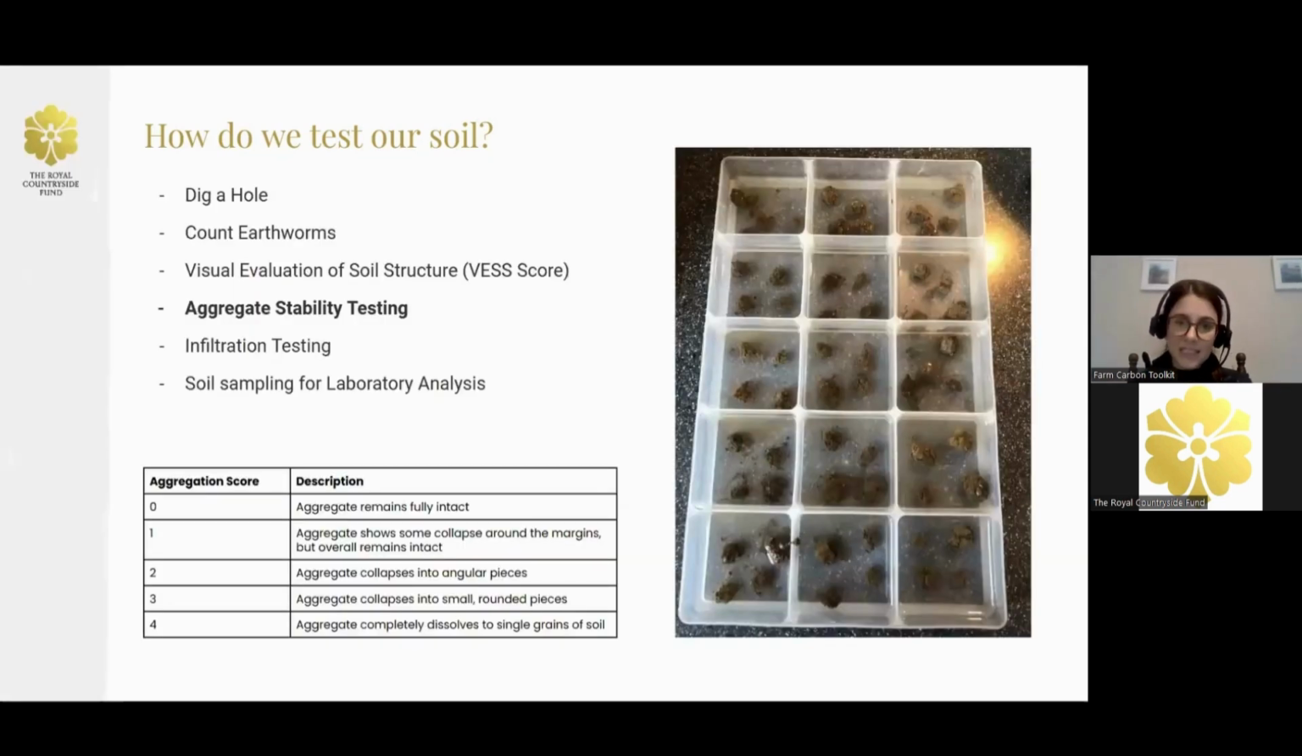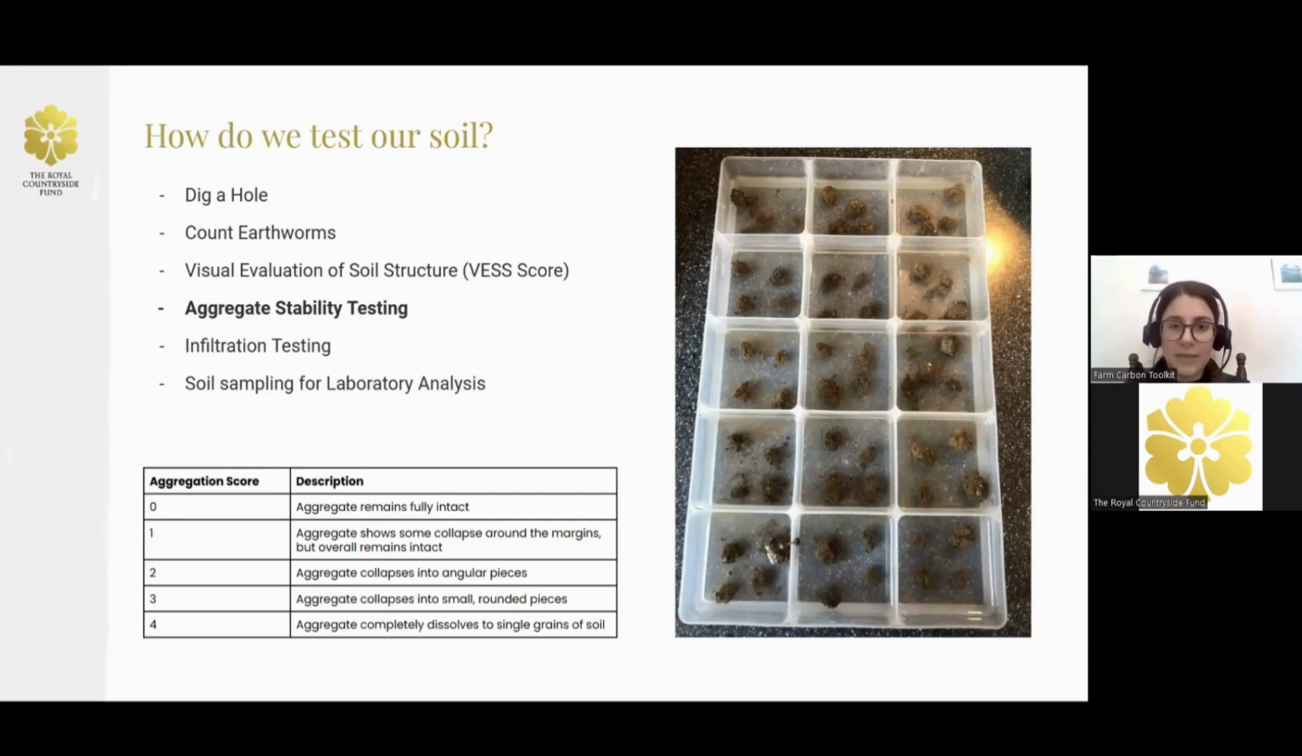So the fourth test we can do is still free, and we can still do at home on the farm. It's called aggregate stability testing, otherwise known as slake testing. The idea of this test is, if we've had a visual look at it to understand the colour and what might be going on, counted our earthworms to understand the biological side of it, and done the VEST scoring to understand our physical side, the aggregate stability testing can help us draw that picture together